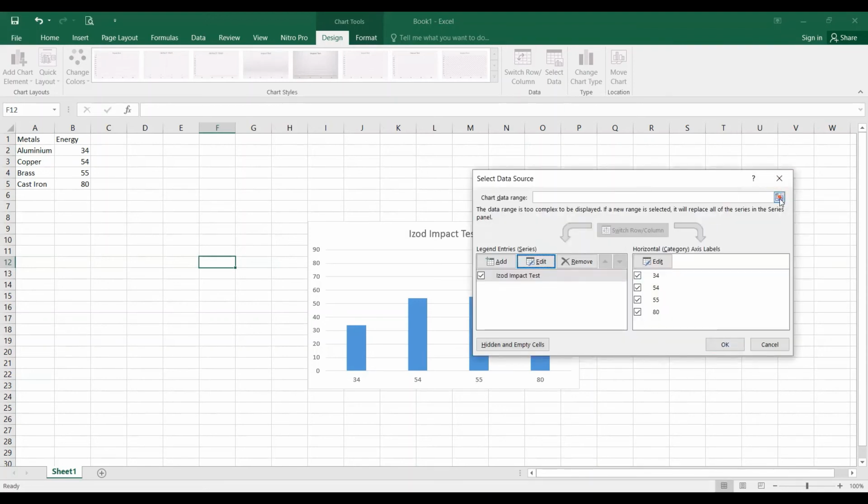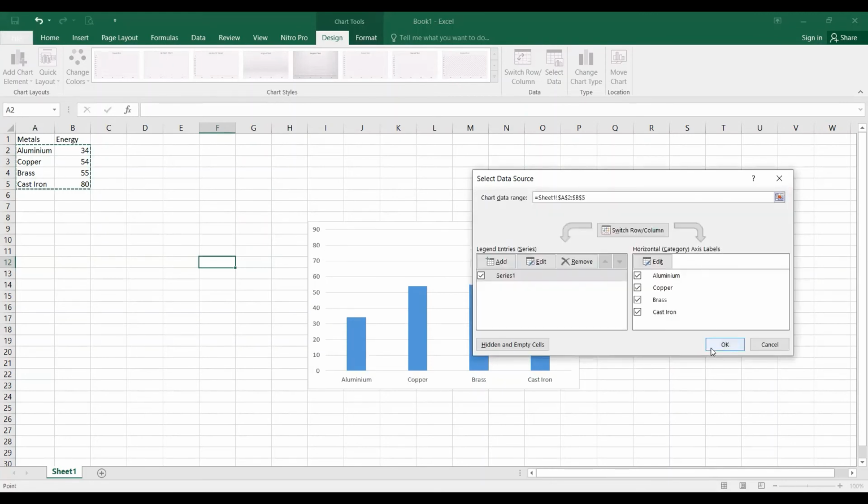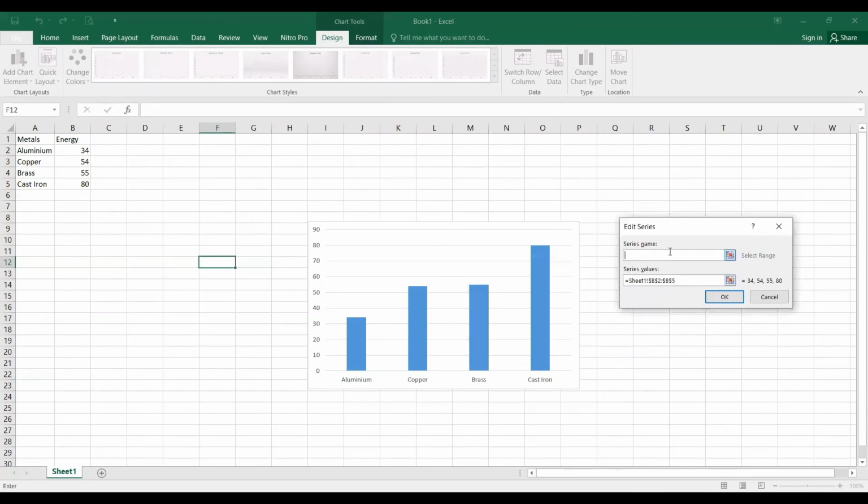Let's see, if I select this data label range, what will happen? Now it's done. This is the more accurate way to do that. You can select the chart data range, and whatever name you want to change, select it. So you can put it as impact test. This is the way, and you are done.